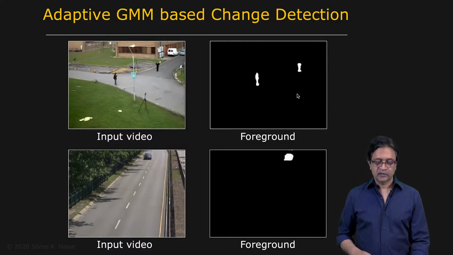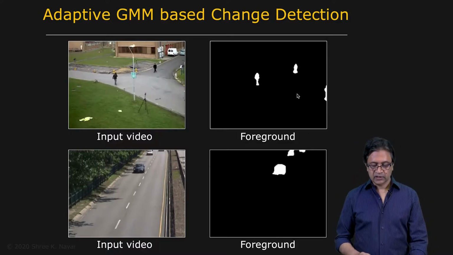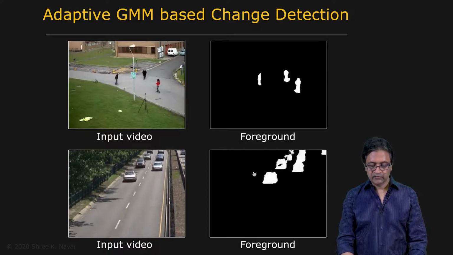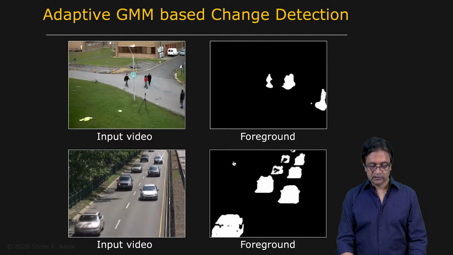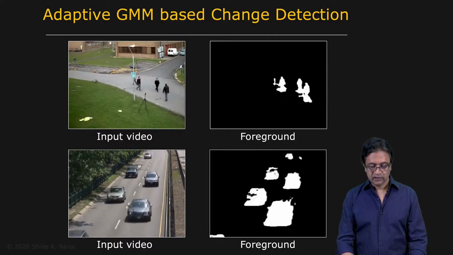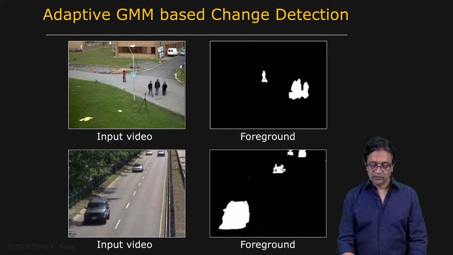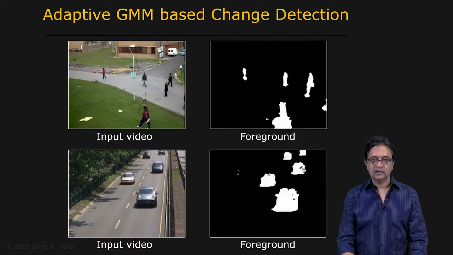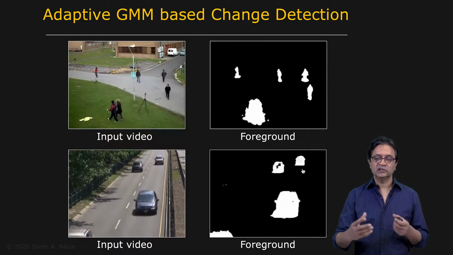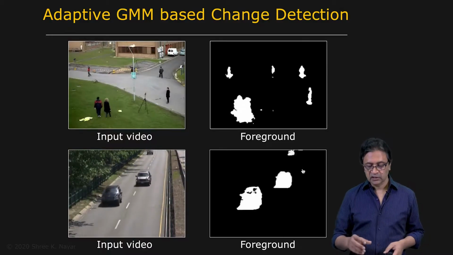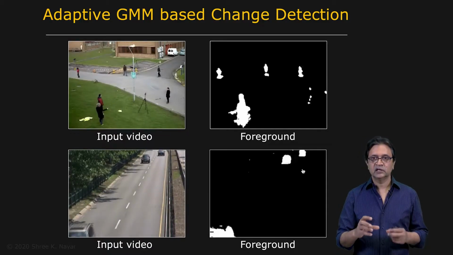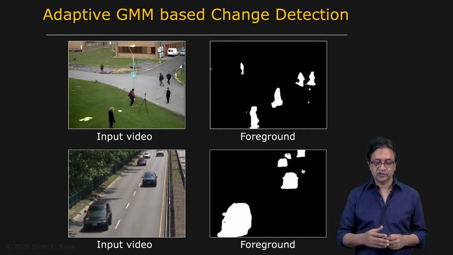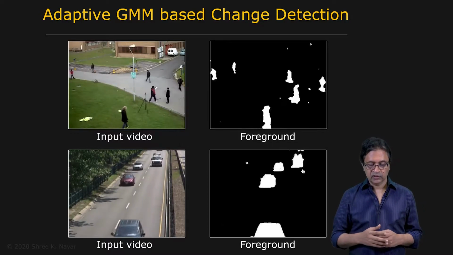Here's your traffic example, and in this case you can see that now your algorithm is fairly resilient to all the waving, the swaying of the leaves in the background right here. And it's able to detect the vehicles fairly well, distinct from each other, not leaving around any traces. So you can imagine that each one of these can be seen as a potential region of interest, which we can use for further processing, as we will see shortly.